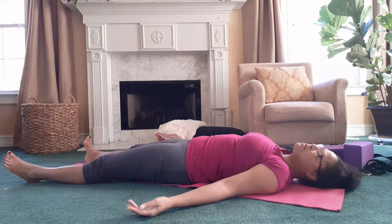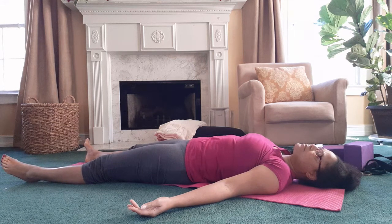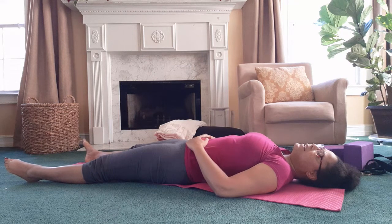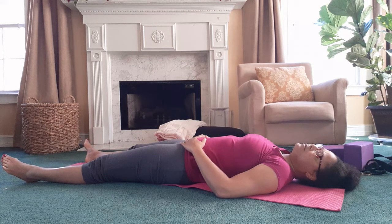Let all your cares melt into the mat. Any residual tension you may hold in your body, let it melt into the mat. As you continue to breathe, feel the earth support you. Know that you are supported in your endeavors and in this practice, that you're giving yourself the rest that you need,